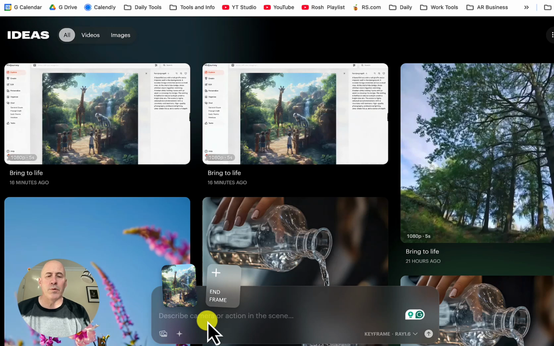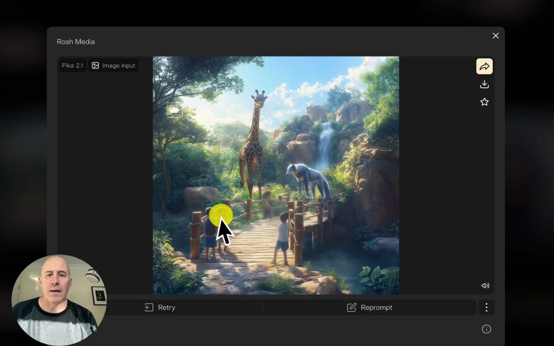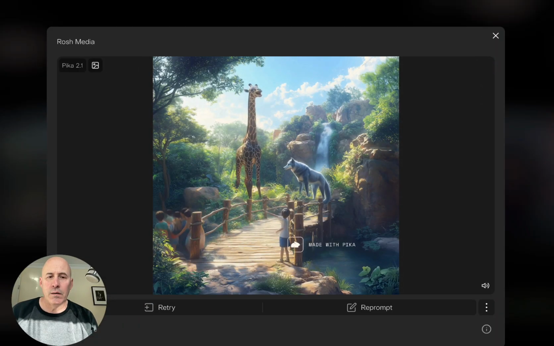Last are kids with animals, and of course, the same prompt, "bring it to life." It's the same prompt for all of them. All three images on each of the platforms, I used "bring it to life" as the prompt, keeping it very simple. We'll start with Pika, and as we see here, we